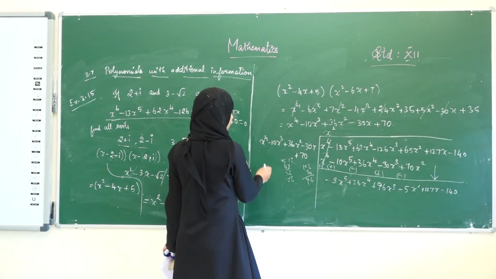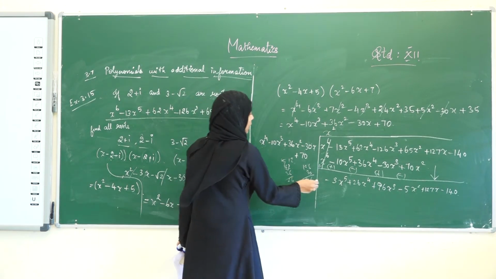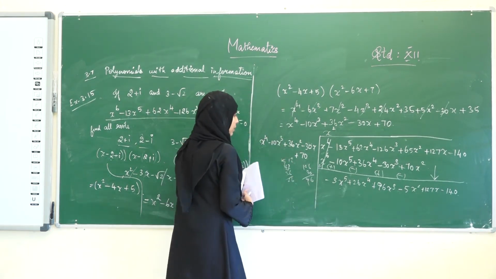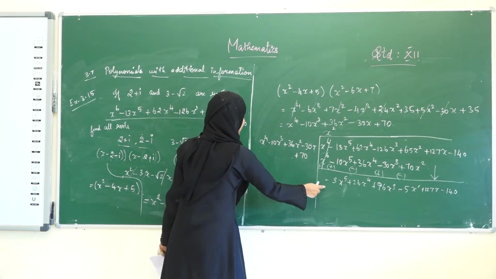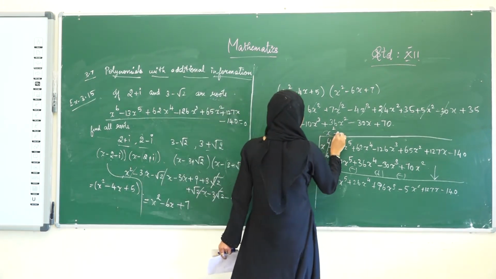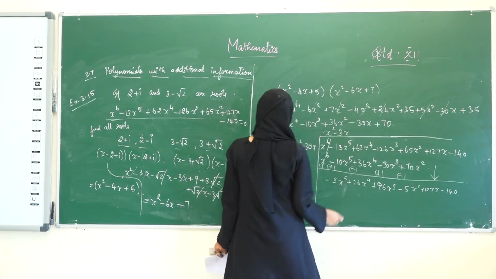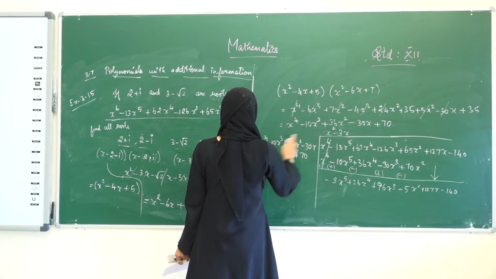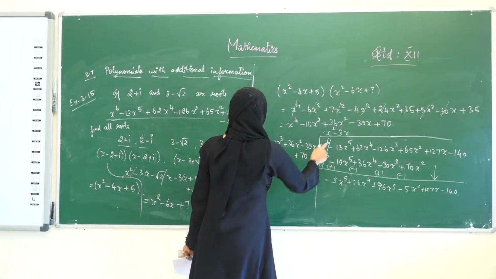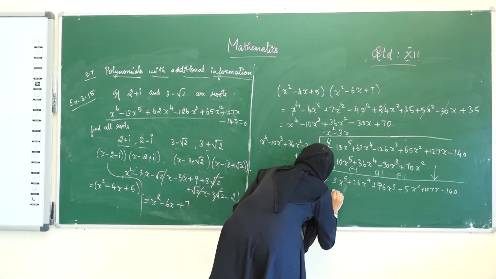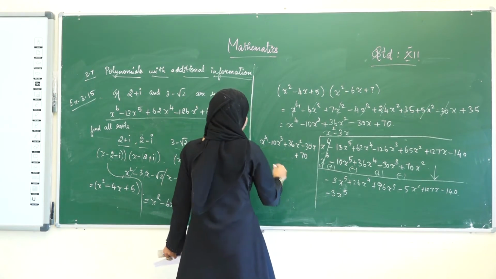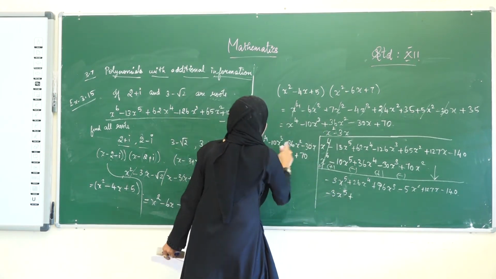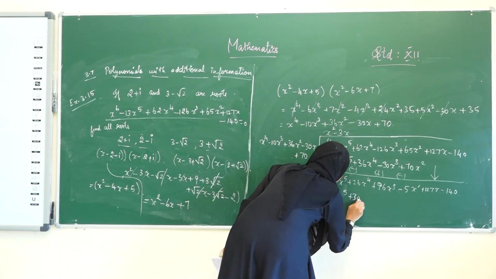Okay, now see this term, here it is x power 4, here it is x power 5. We can solve this. See the first term alone. What do we multiply with to get this answer? We have to multiply minus 3 into x. So minus 3x multiplies the full term. Minus 3x into x power 4 is minus 3x power 5. Minus 3x, here minus into minus becomes plus, 10 into 3 is 30.